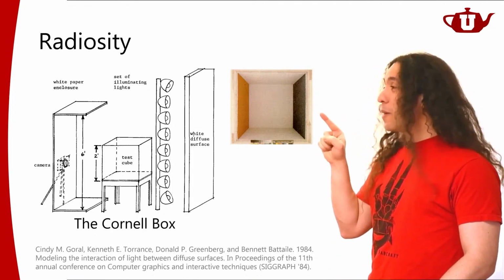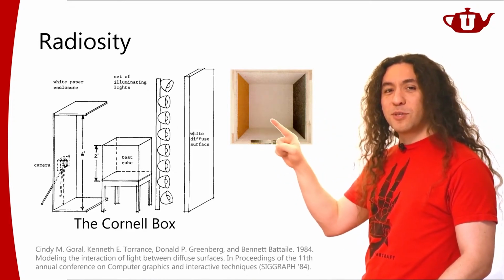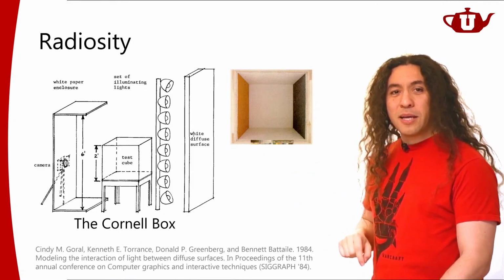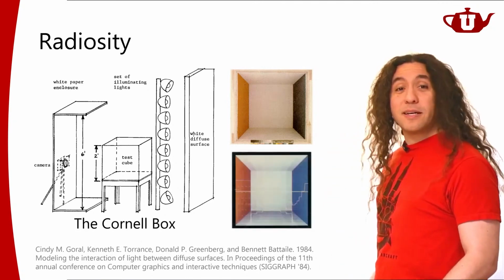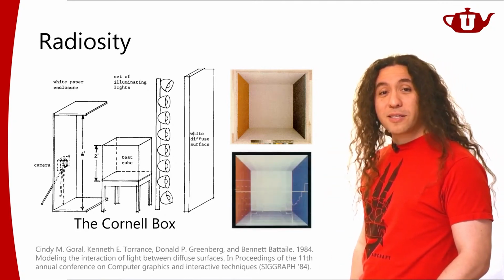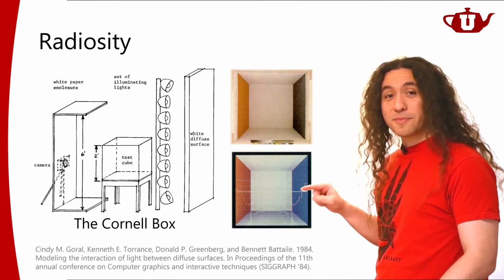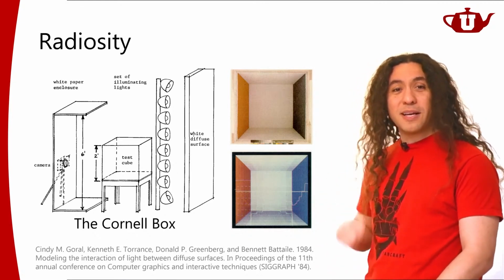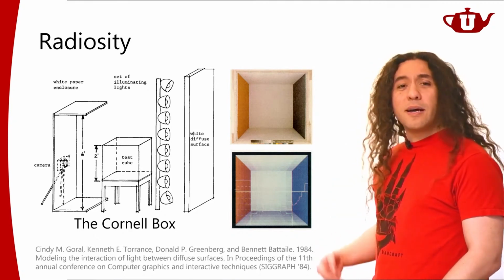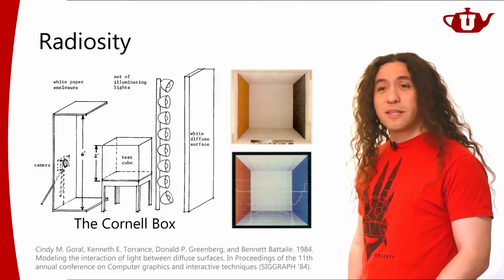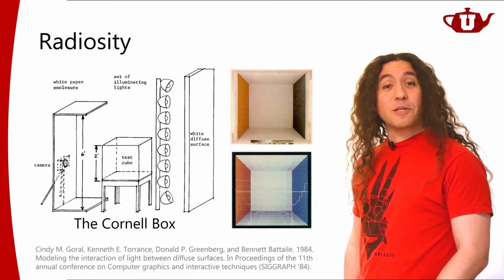So I have a wall with one color and another wall with a different color. And over here, we're seeing some color bleeding. So this is the photo, and this is the rendered image of that box using Radiosity in 1984, with some graphs drawn on that talking about the light intensity on these surfaces. Now, today, you can use different rendering algorithms as well, not just Radiosity, but the Cornell box has been around for testing all sorts of global illumination techniques.